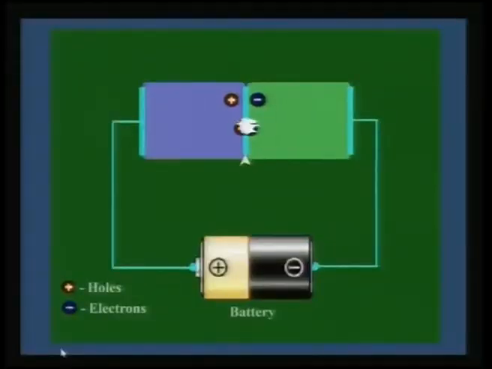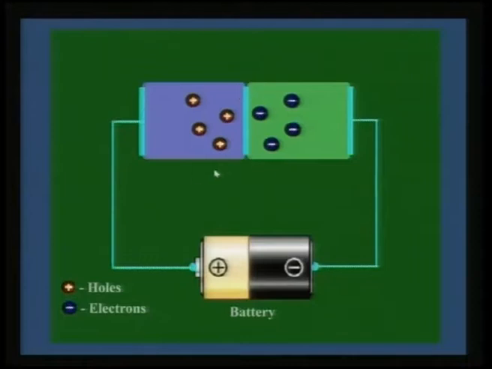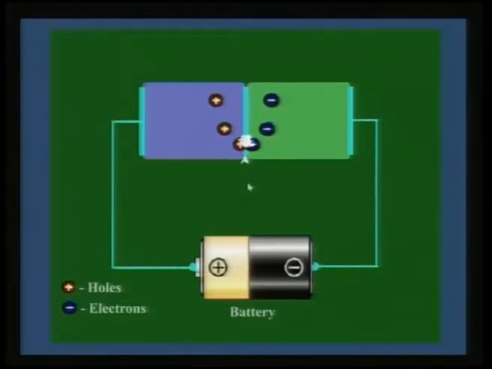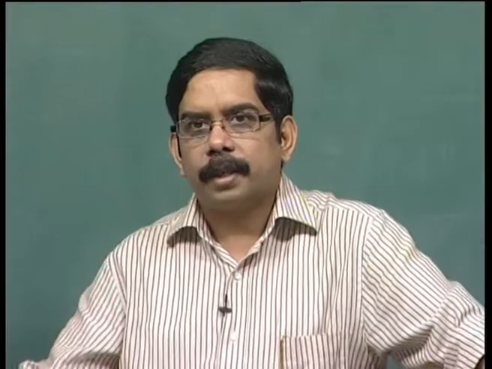So in the next few slides I just want to recap on whatever I have told in the first lecture, just to keep in perspective what we are discussing. As I told you, this is a simple demonstration of a diode where holes come from here, and electrons come from the cathode, and when they combine together they form exciton pair and they release a photon, and that photon, when it is in the middle layer, which is an emissive layer, then the photon can excite the organic molecule. As a result we can get the desired light.